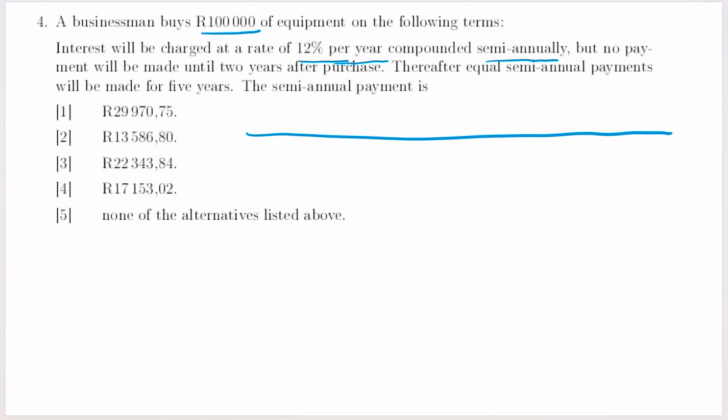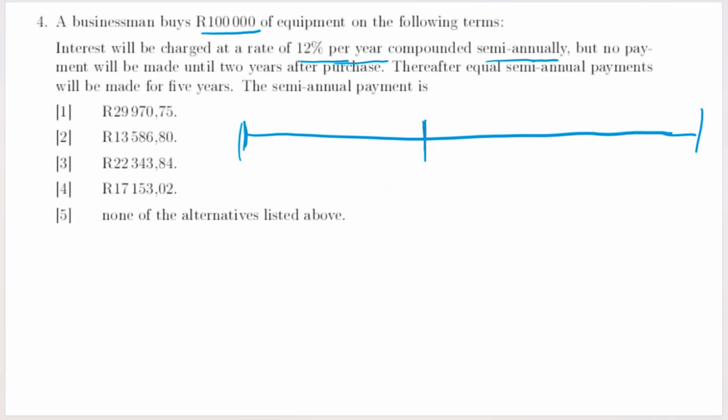With your deferred annuity, you've got two parts. It is this part and that part. You've got a deferral period and the one whereby you are getting the payments. Here you are given the present value. Your present value is given as 100,000. Remember, on the previous question, the present value was not given. You needed to calculate the present value. Now you are given the present value, and then you are told that the interest here is equal to